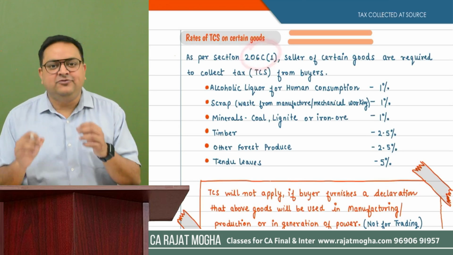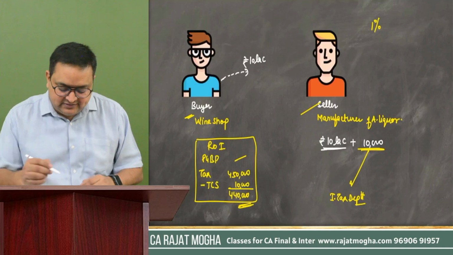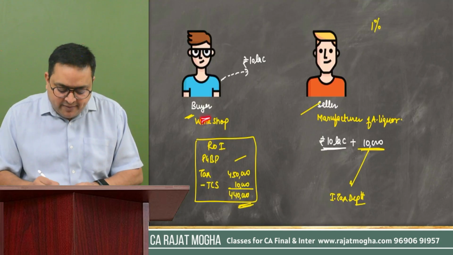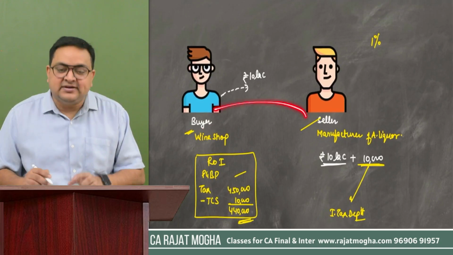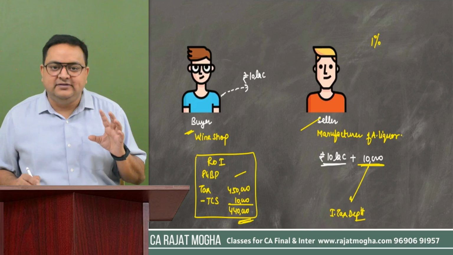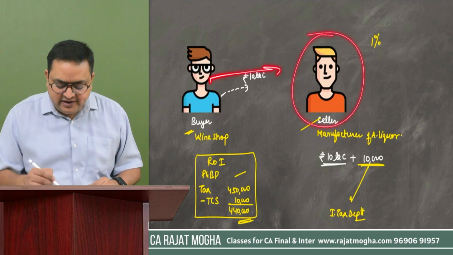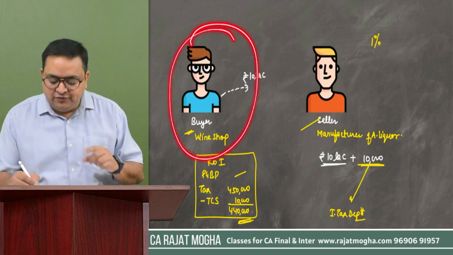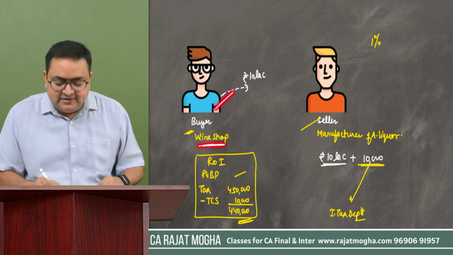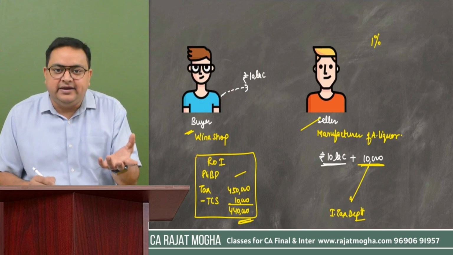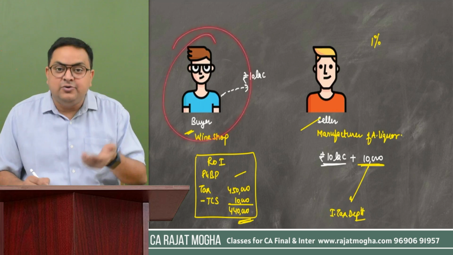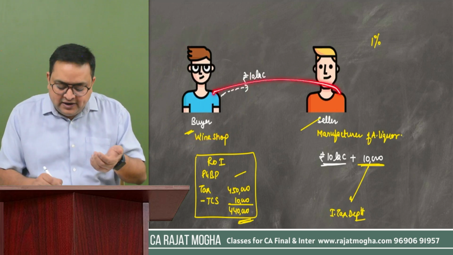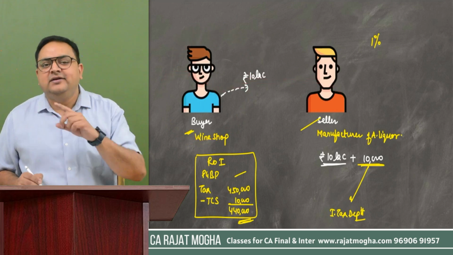This section says some few more things. What this section says is that if you are a buyer dealing in such kind of goods, then you have to pay TCS to the seller, right? I'm again repeating, if you are dealing in such kind of goods, if you are dealing in liquor, like this person who is having his wine shop, he was dealing in liquor. Or let's say you are a coal merchant, you are dealing in coal, you are purchasing coal and you will be selling the coal. Then TCS will apply.